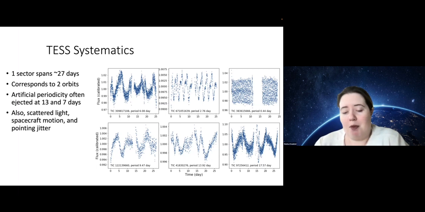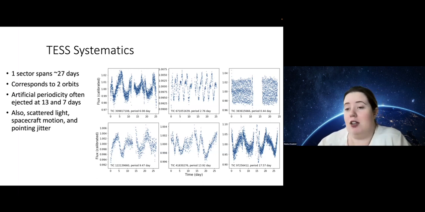Still, when people generally generate these light curves, it's not uncommon to have a small army of students who would look through each and every one of these light curves to ensure that you have as accurate a period as possible, that you don't have any of these systematics, that the light is originating from the exact stars that you have and not from a star that is neighboring it still in the same pixel.